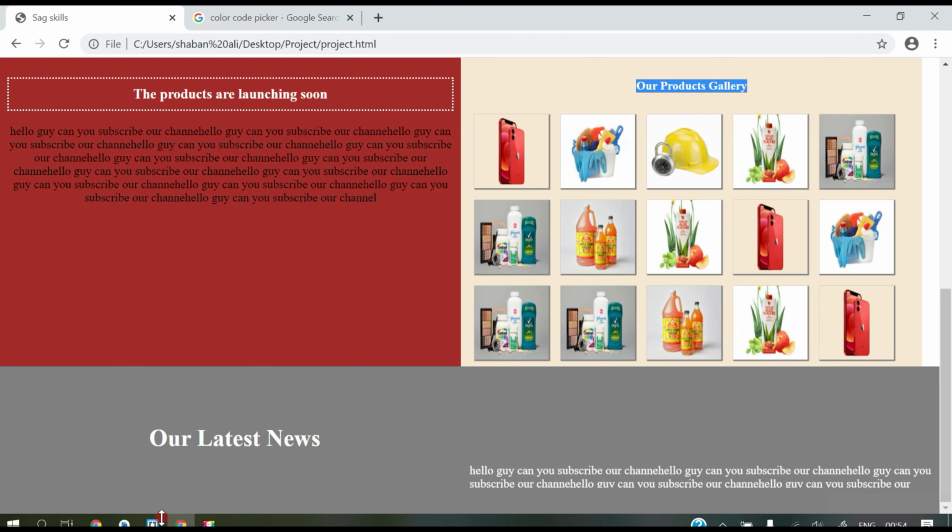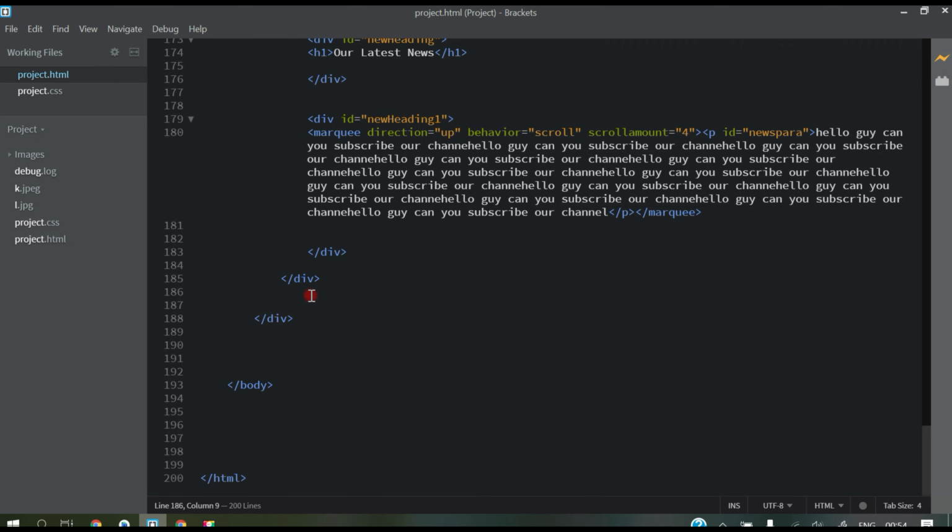So for that, let's go to the HTML file, and guys, before doing it, I would like to tell you how we can comment in HTML. For example, if you are working in a team, in any company, and you want to tell another employee what's going on here, and which div this closing belongs to, and what's going on here, he will understand what's going on.